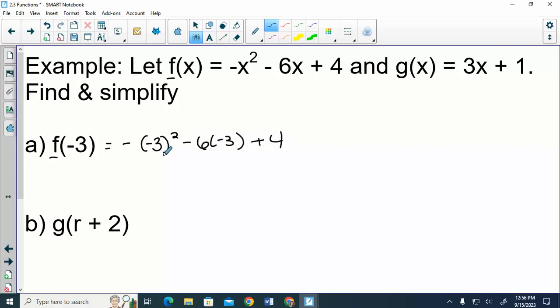Okay, have to be a little bit careful here. Negative 3 squared is 9, but the other negative in front of that would make it a negative 9. Negative 6 times negative 3 is positive 18. Plus 4